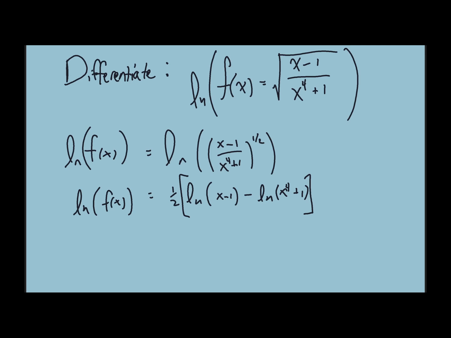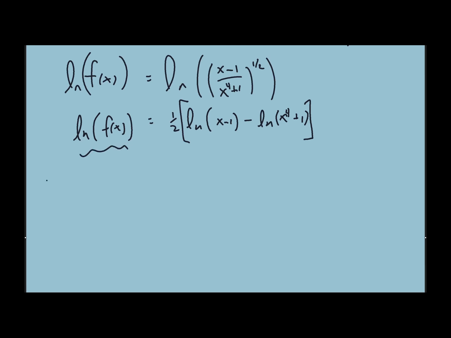Now I'm thinking maybe we take the derivative. And what's the derivative of natural log of this? Well, that's a chain rule, right? Outside function, inside function. So it's going to be 1 over f of x. That's the outside function derivative. And then the inside chain rule function is just going to be the derivative of that. So we can write it as f prime of x. And you may write it also as dy dx. But because we haven't used any y's in this and we're using f of x, we're going to call it f prime of x. And that's equal to,